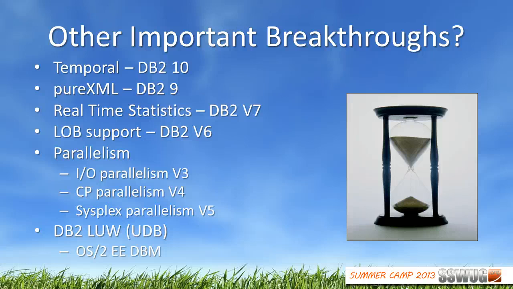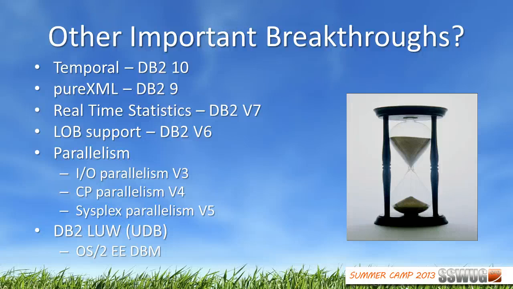The one that I think is the closest is real-time stats. And that came in version 7. With real-time stats, DB2 is automatically gathering statistics to determine when you should be running your utilities. So you don't have to run stats to determine, should I run a copy, should I run a reorg. I can just look at my real-time stats to see when I need to run a utility. And that saves us some time and effort, and it's pretty pervasively implemented and used in DB2 shops as of